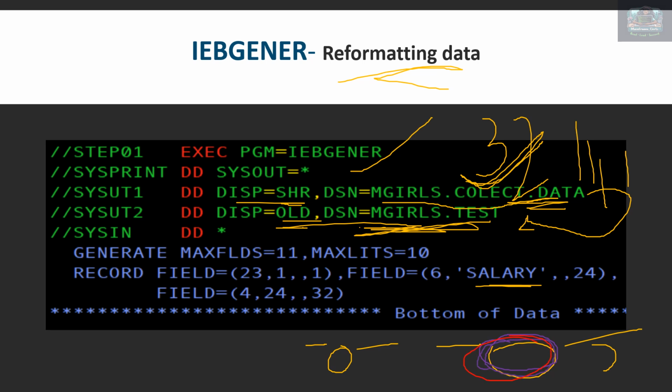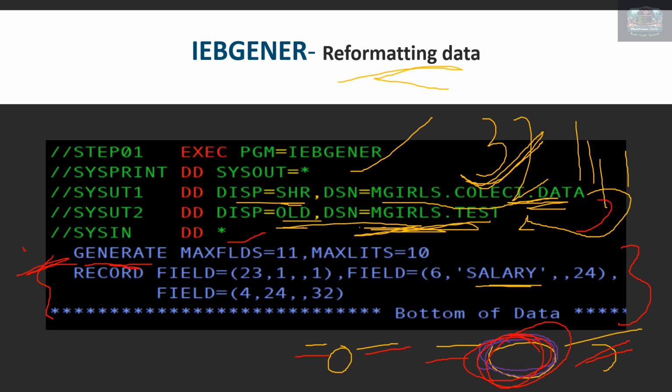If I copy directly without using these statements, the whole data will be copied as it is. But I want a word called salary to be included after the serial number, name and department, and then I want the salary numbers over here. So I'll use these two statements. First, give an asterisk here, not DUMMY, because we are using some commands here. So what will GENERATE do? In GENERATE,